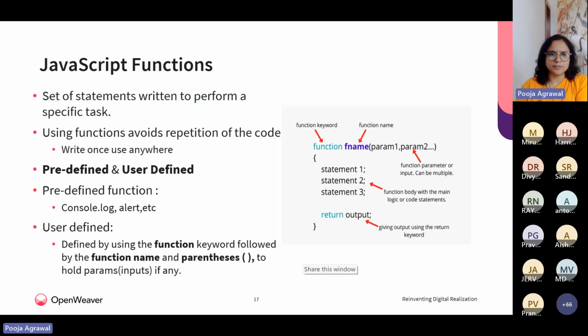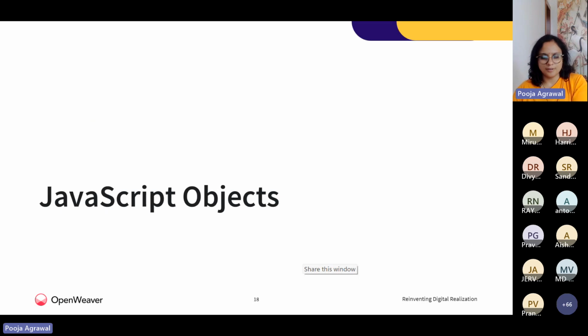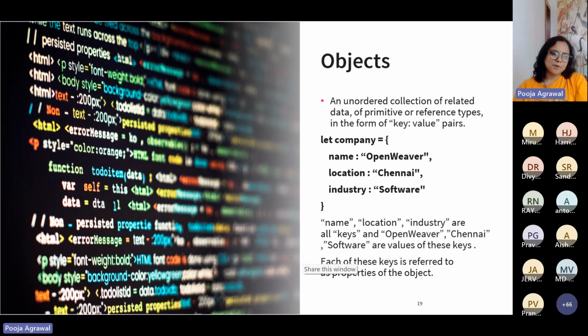And this function, user-defined functions, follows through as it is in different programming languages. So again, now we quickly move to what are JavaScript objects. Very important, when we say objects, this would be an unordered collection of related data. So it could be primitive or your reference types. We have to talk about non-primitive data types or your primitive data types, and these will be in the form of key value pairs. So somewhat it looks like a dictionary to you if you are already aware of Python,